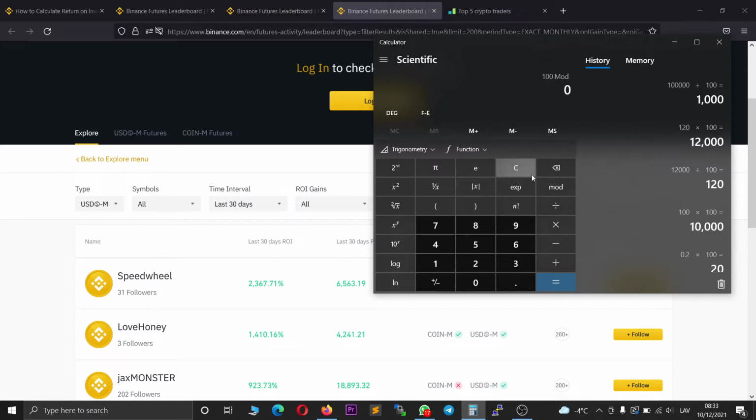But you have to keep in mind that the trader doesn't earn from his entire capital, meaning that his entire capital has to be always there, in other words, not get liquidated. So you actually earn 1% of your entire capital. Something's wrong here. 1% of your entire capital. So you're not earning 2,367%. You are maybe earning, you need to divide it by the leverage you're using.